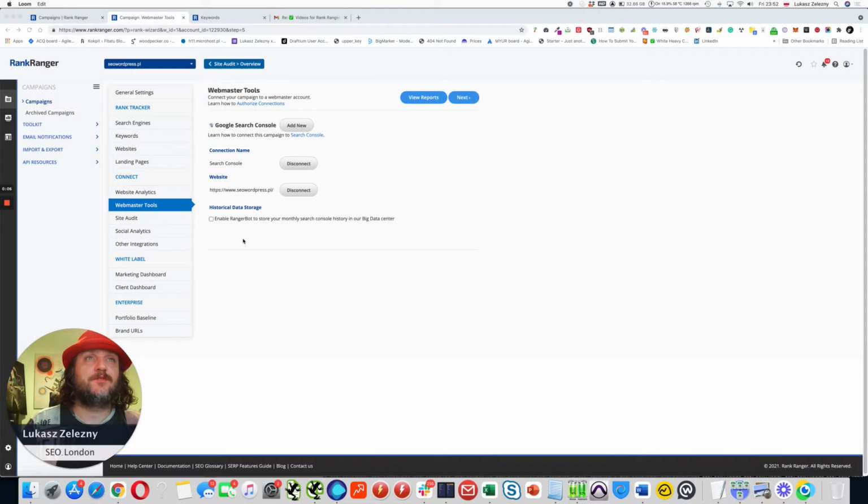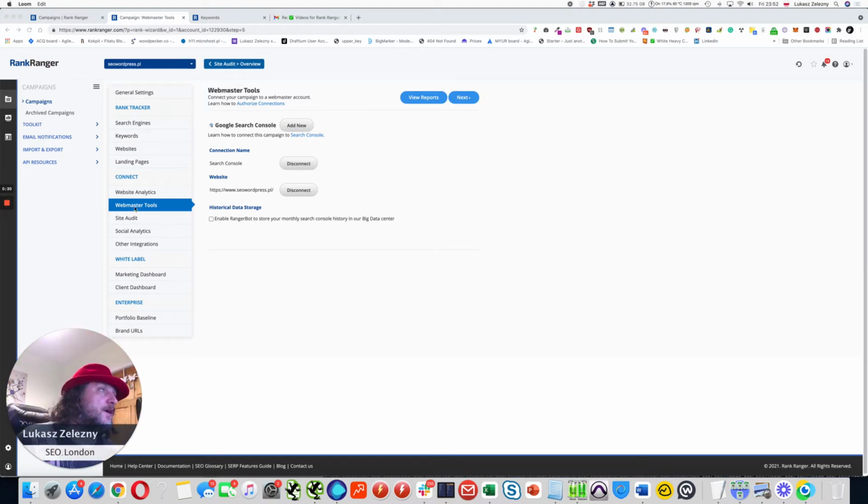I just wanted to show you that Rank Ranger is actually giving you a lot of opportunities to link your existing tools. One of the tools you probably are using at the moment on your daily basis, SEO Kung Fu, is Webmaster Tools, aka Search Console.